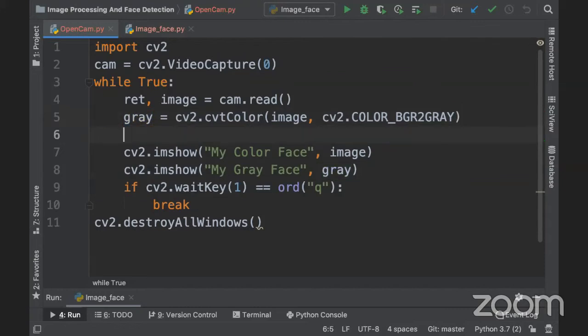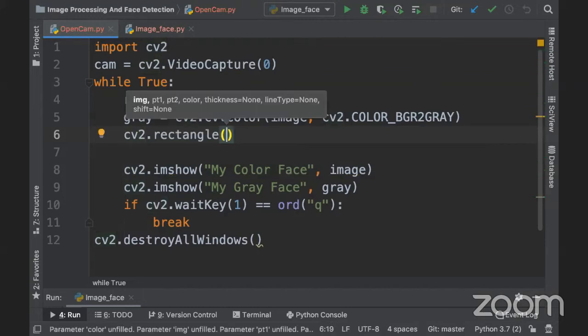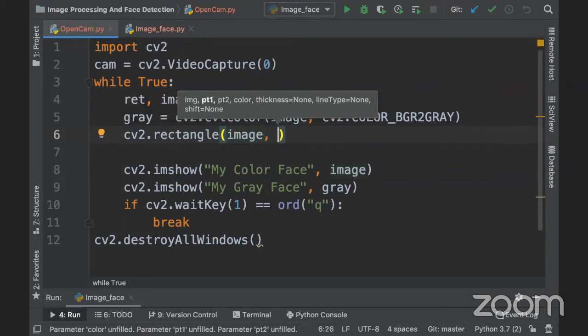After converting to gray, I'm going to make one rectangle. How can we make it? cv2.rectangle. On which image do I want to make the rectangle, the grayscale or the color image? I want to make the rectangle on the color image, so I will use just image. Inside this, you have to pass only four arguments. First is your image. Second is